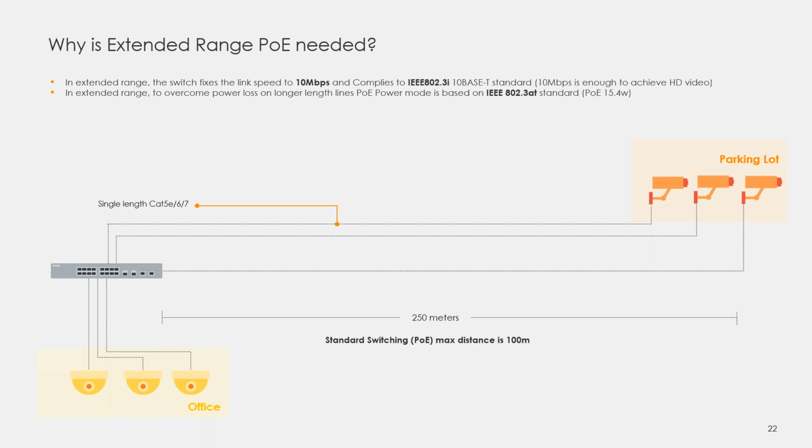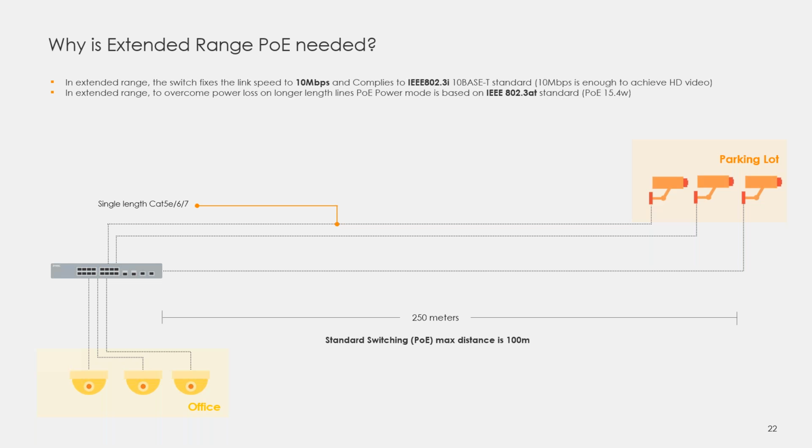So why not do it with an extended PoE? So we can extend the cable length up to 250 meters. And by doing this, we need to make some adjustments. First of all, since the cable length is longer, there is much more attenuation in the cable. So even though the switch is being forced to AT standard, or 30 watts, or actually 33 watts in this case, it can only